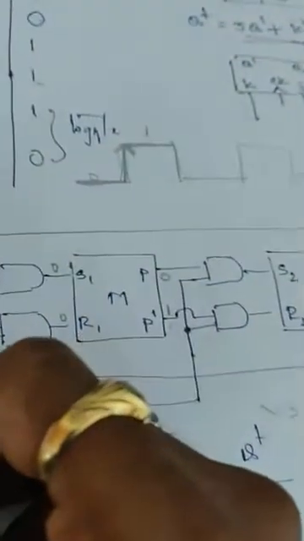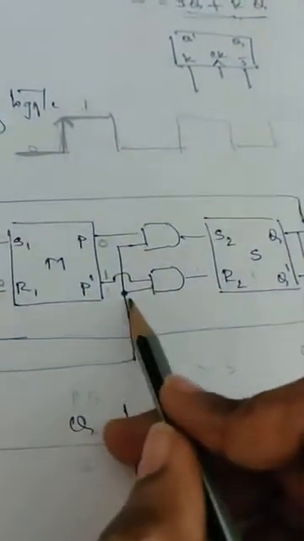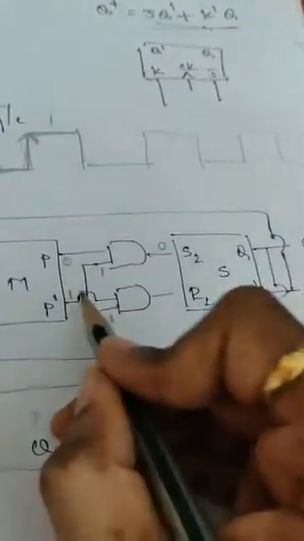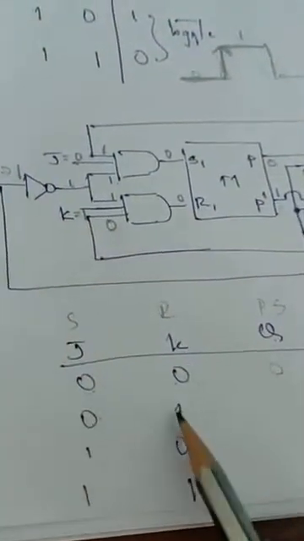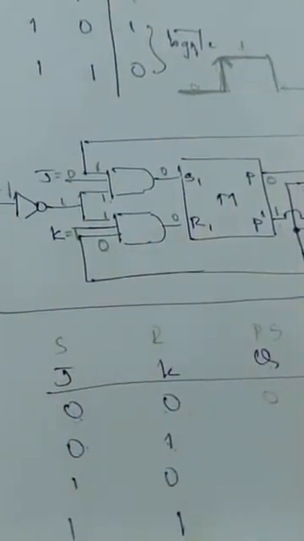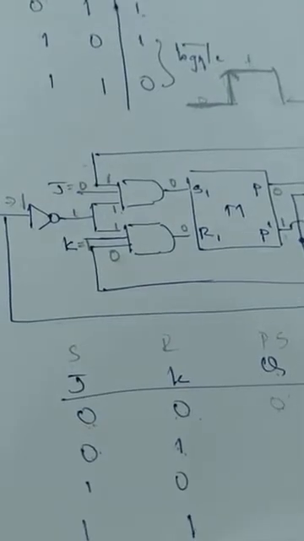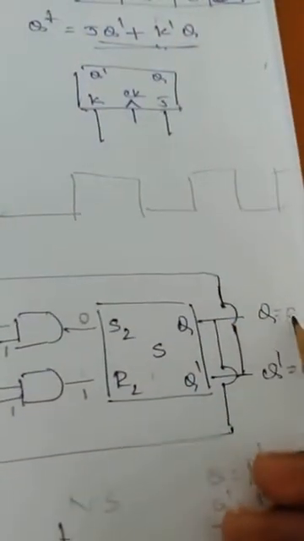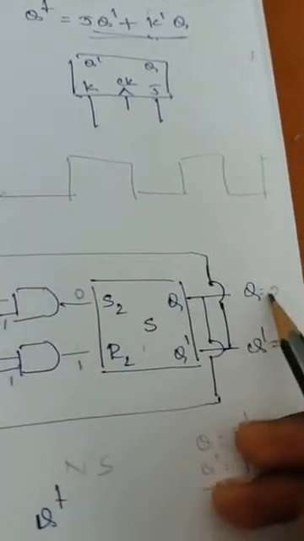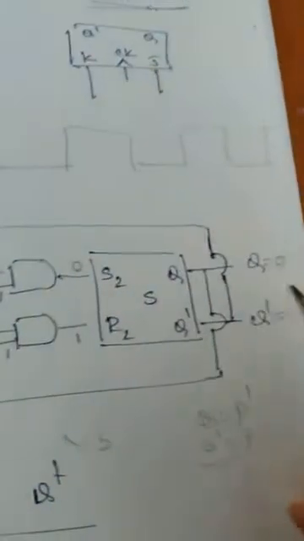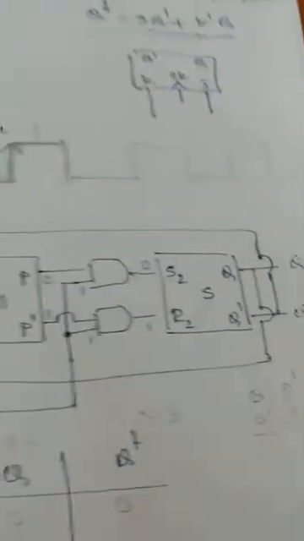So now this 1 will be passed from here to here. So this will be 1 and this will be 1. 0 and 1 is 0. So 1 and 1 is 1. So what happens when J is equal to 0, K is equal to 1, that is nothing but S is equal to 0, R is equal to 1. R is equal to 1, S is equal to 0 means it will reset to 0, right? No matter whatever the output is, it will reset to 0. Already it is 0, so it will be reset to 0 itself. I mean it never changes. So this is the second combination.